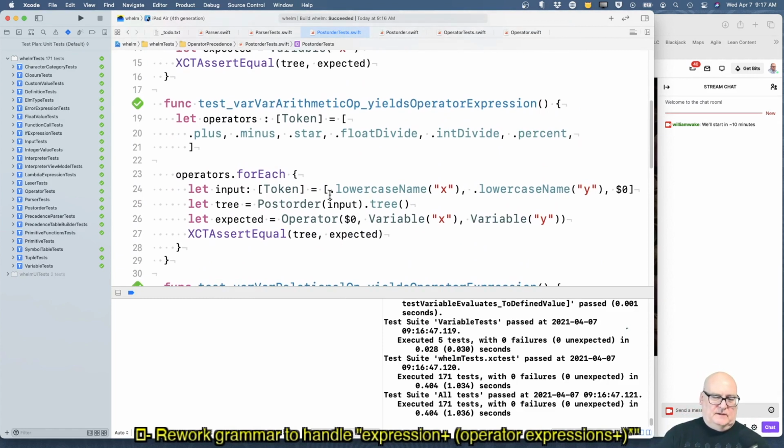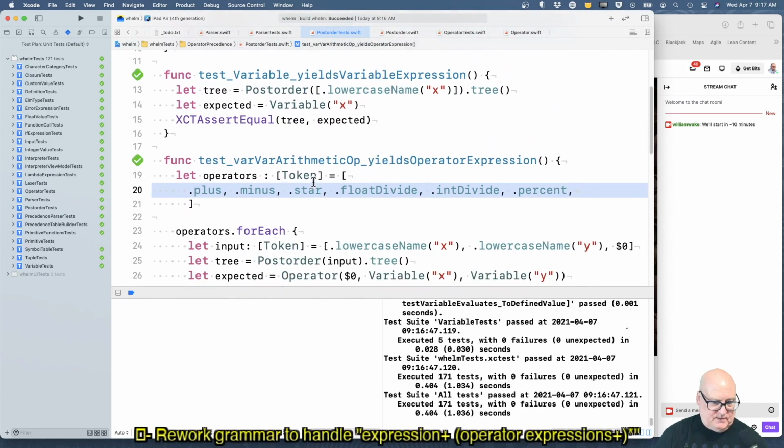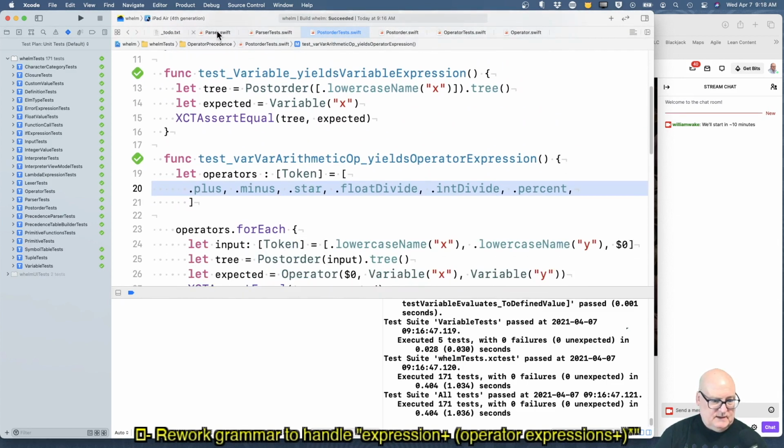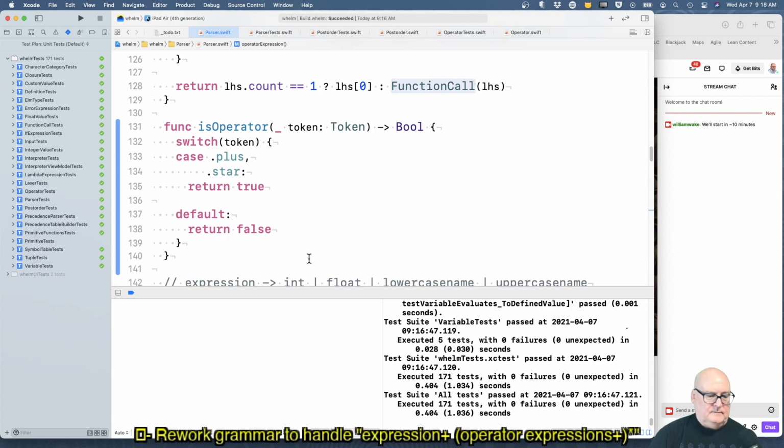Now, it's kind of hard to know what's the right place to keep track of the fact that these operators are operators. We have arithmetic ones. Well, let's change this around.